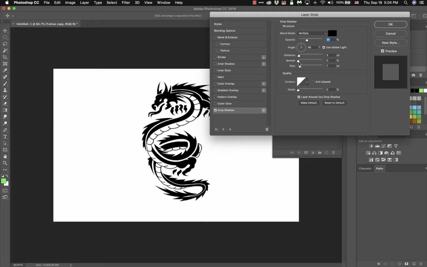You can change the distance of the drop shadow. So if you watch my image here, you can change the distance of the drop shadow. You can change the spread, the size, a combination of all three,